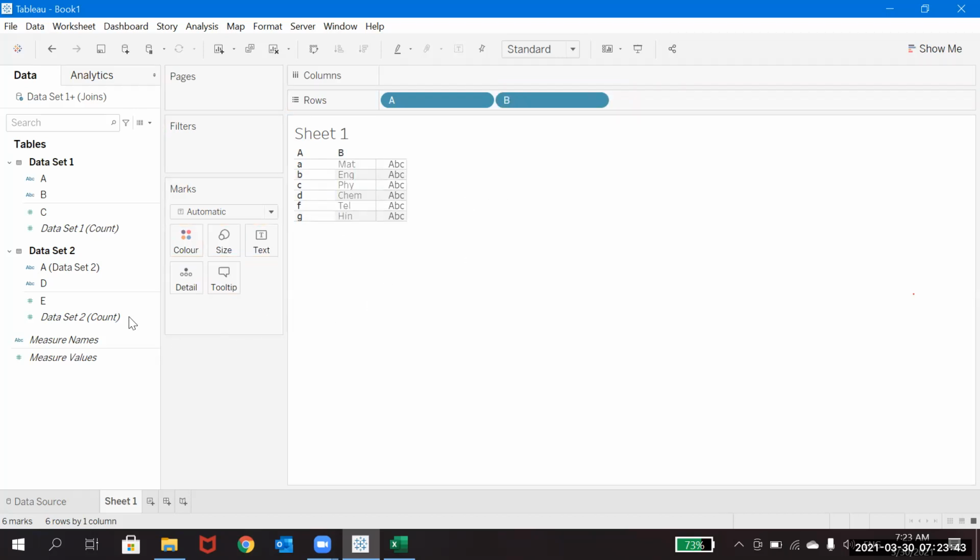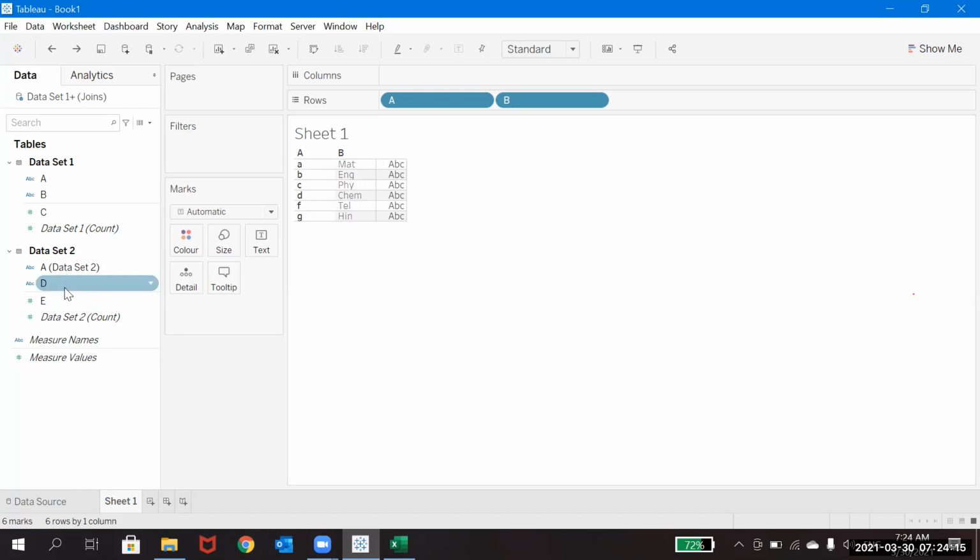Wherever the column, let me put something here. See whatever information we have here. In the data set one we have a, b, c, d, f, g, and in this, whatever information we have, it is there.